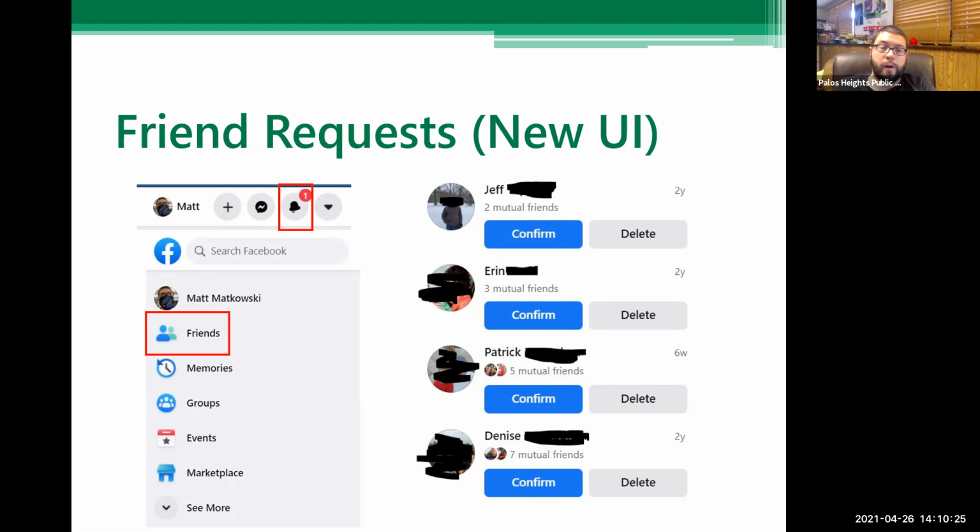Something to be aware of with friend requests is these days, it seems like there are more and more spam friend requests going out. So you might out of the blue one day get a friend request by someone you don't know. And it could be someone, either a robot or just someone trying to send you ads for things. The best way to kind of suss that out is, if you're not sure, you can go to the friend request page, click on their profile. It'll tell you if you have any friends in common, which if you do have friends in common, that kind of makes it more legit.